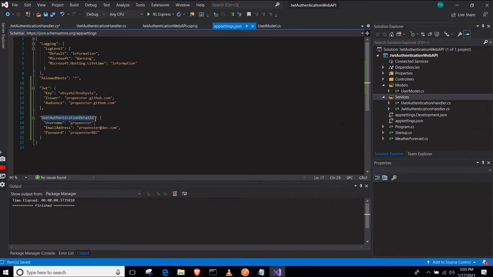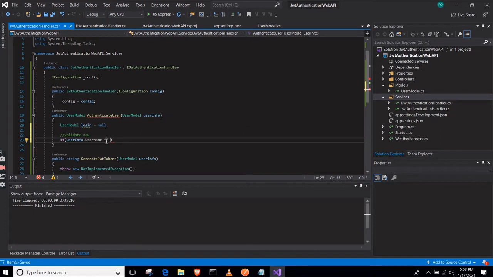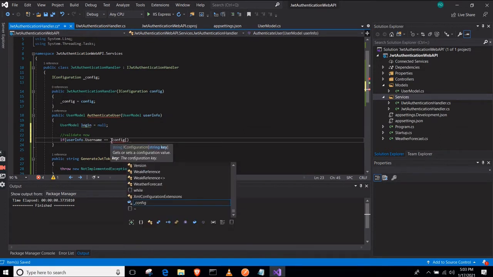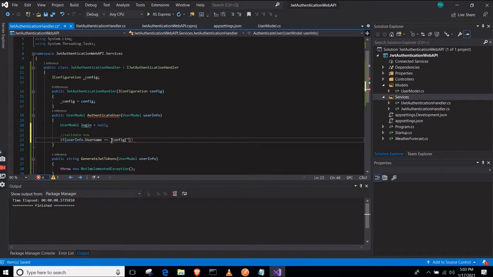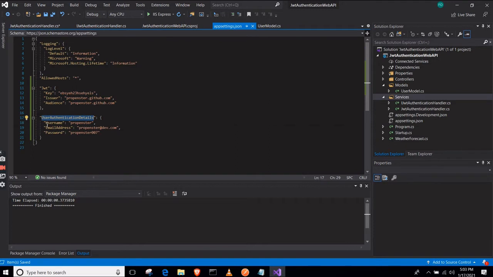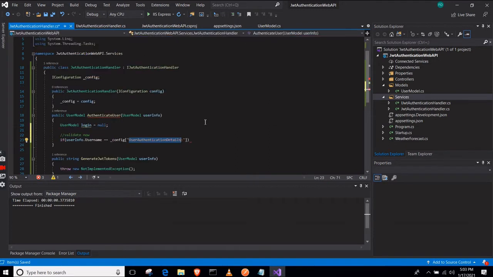So I'm going to bring this key now. Equals config. This is how we access it. You pass it in here, slash, you see this colon, meaning this is the key, and then the value